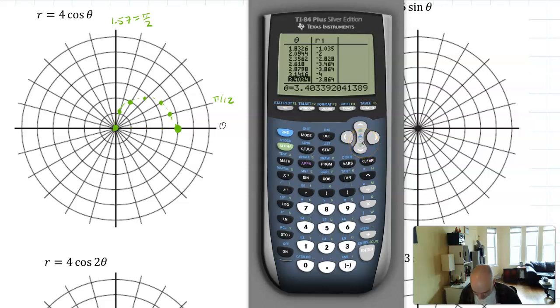Now, this gets a little tricky. So we're going to do this one together also. So the next angle is over here, but the next radius is negative. So remember, what you do with a negative radius is you go the opposite way from the angle that you're pointing at. So I'm going to go a negative radius of -1, which lands me right around there,